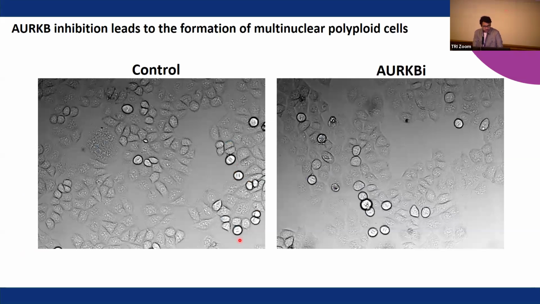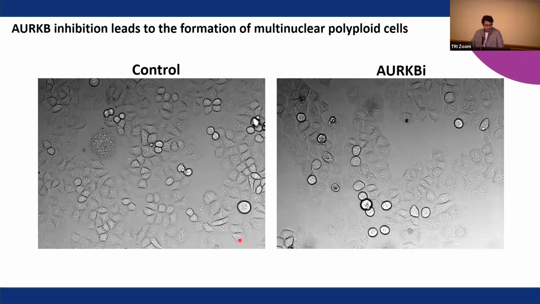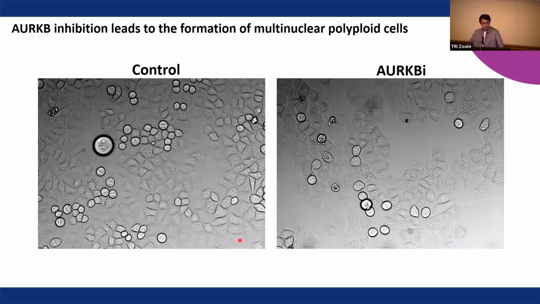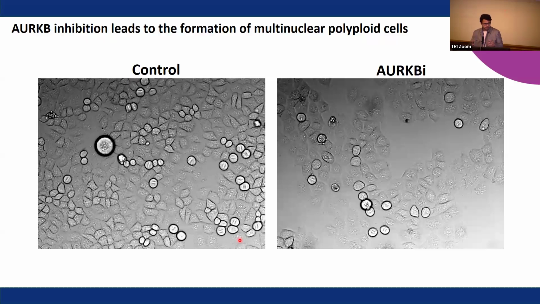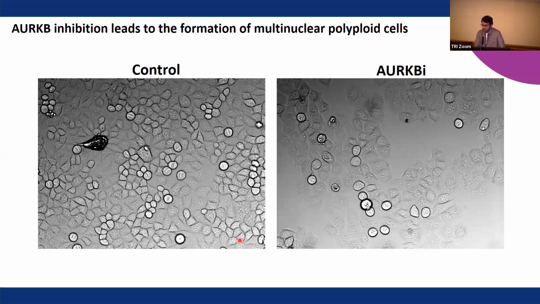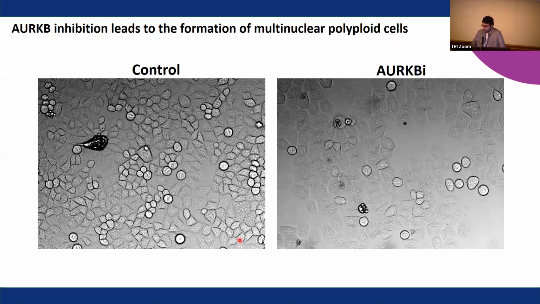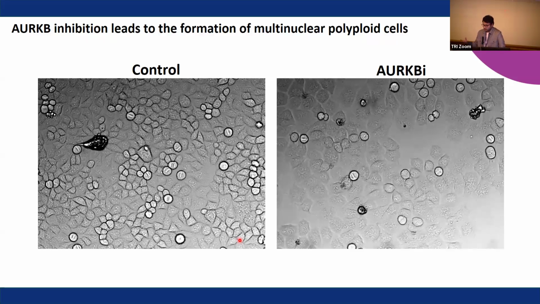So let's look at some of these movies that I've got. First, we've got a control movie where we can see cells entering mitosis. You can see the cells form a dumbbell shape, and then they drop down as two identical daughter cells, exactly what we expect. When we inhibit aurora B, however, the cells are able to enter mitosis successfully after replicating their